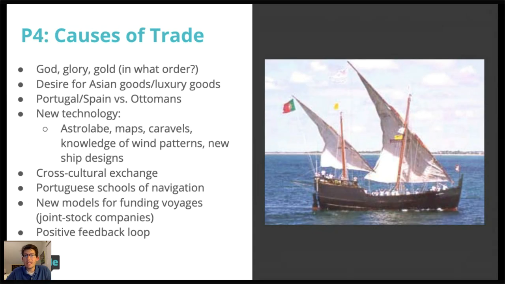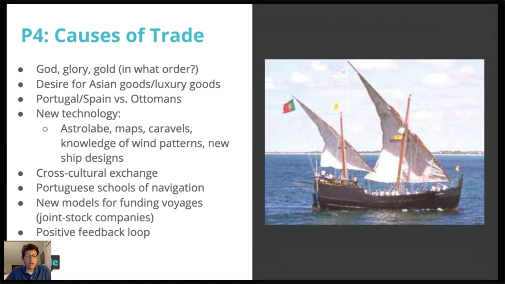New ships, right? Caravels, carracks, and flutes. These ships that are designed to sail in the rough waters of the Atlantic and carry large cargoes encourage trade. They incorporate designs from all around the world, stern rudders, lateen sails, right? These ships were meant for trade and meant to sail in many different types of seas. Along with cartography, greater knowledge of wind patterns and currents makes trade easier. And I already mentioned some of those new ship designs.